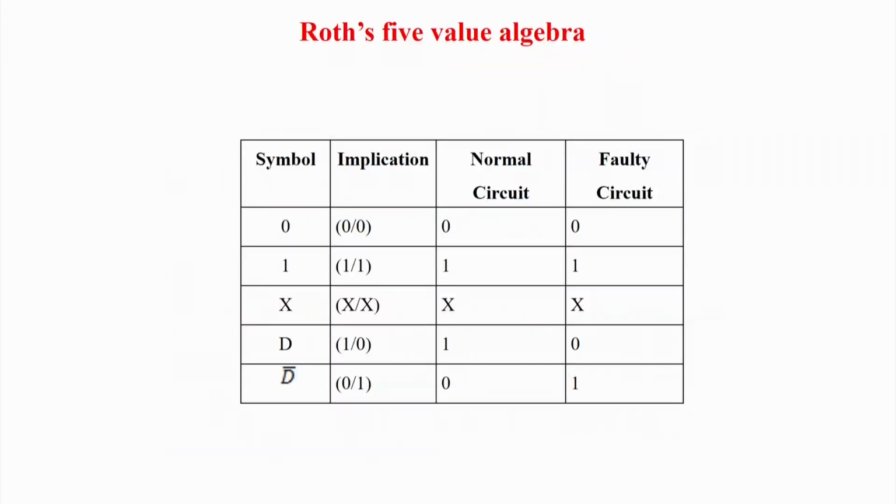Now I will give you an example which will clear up how test patterns can be generated in the 3-phase algorithm, which is called the deterministic test pattern. Before that, there is some Roth's 5-value algebra you have to know. 0 means 0 0, 1 means 1 1, x means x x. For example, for this AND gate, if this input is 0 and this input I do not know, the output is x, that is an unknown.